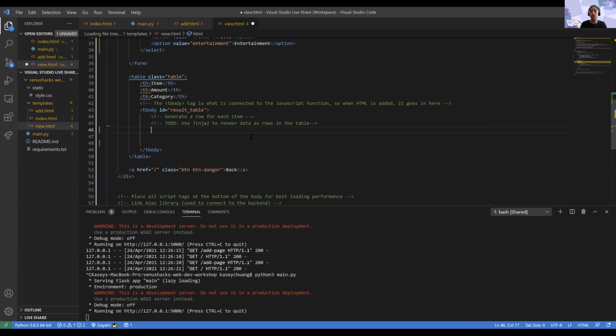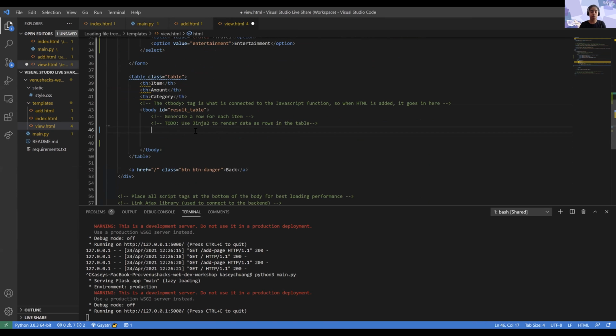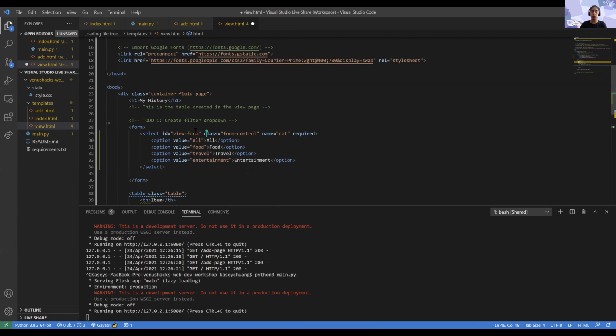Basically the way Jinja works is it takes the variables that you sent in the render template. So here, I created a category, which I'm going to use in the front end, and I created a data I'm going to use in the front end. And so here, what I want to do is I want to put,